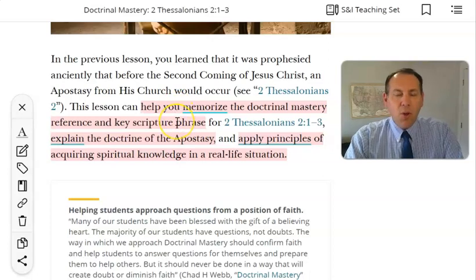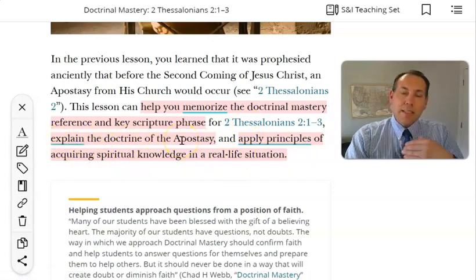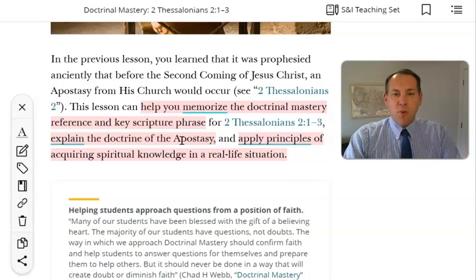You could spend the whole time memorizing all the verses, but that wouldn't lead you to the second and third thing. The second thing is we want to explain the doctrine of the apostasy. That's a little bit of a review, but it's going to help students solidify through repetition some of the teachings of the day before and of today. I would say about 10 minutes would be plenty for that,